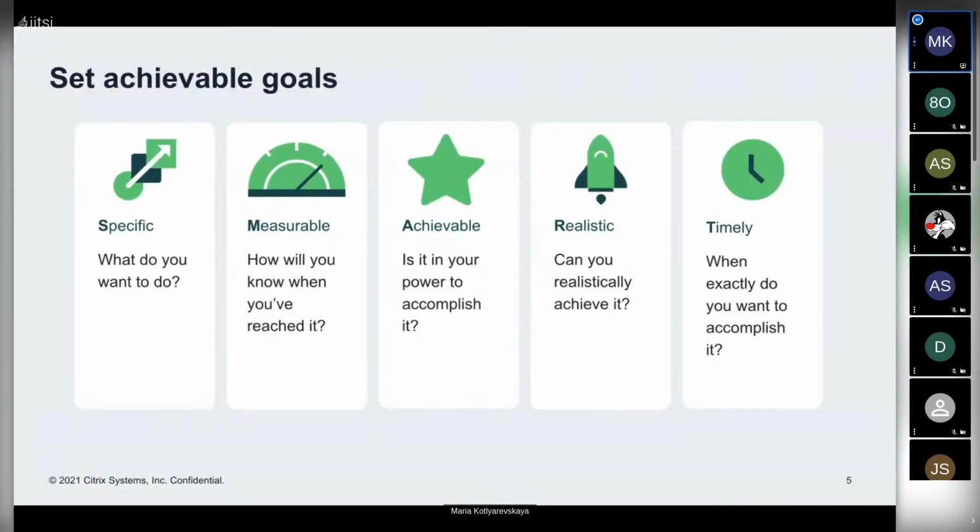So regarding achievable goals, before doing any task, try to plan your work. Set realistic goals, collaborate with developers, and ask what problems they have at the moment.